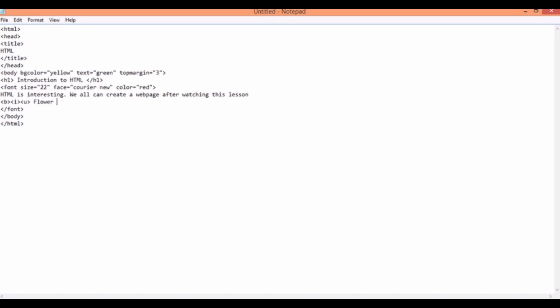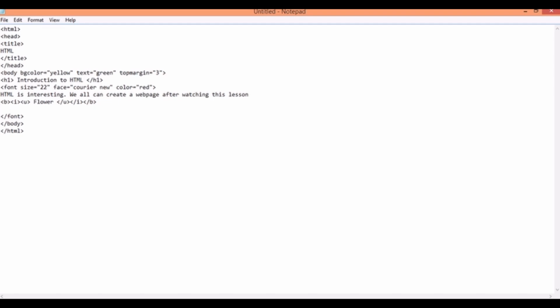And remember, the order in which we open the tags, it's the reverse order in which we close the tag. So since we have opened bold tag first, italics next, followed by underline, we are going to close underline first, followed by I, followed by B.